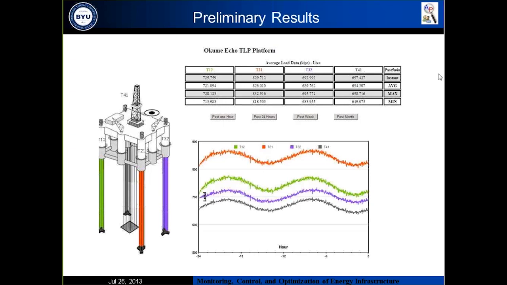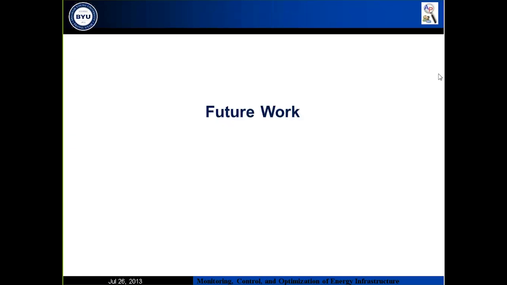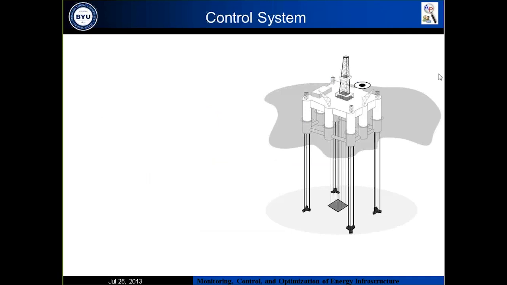Yes, even for each hour, they are very sensitive and they change over time. So if we have an automation system, we will be able to smooth this and increase the lifetime of the TLP. So for my future work,